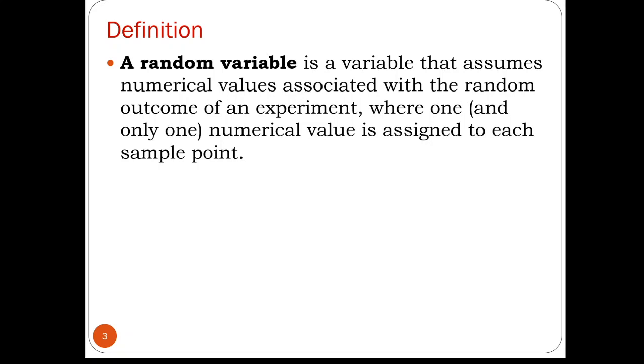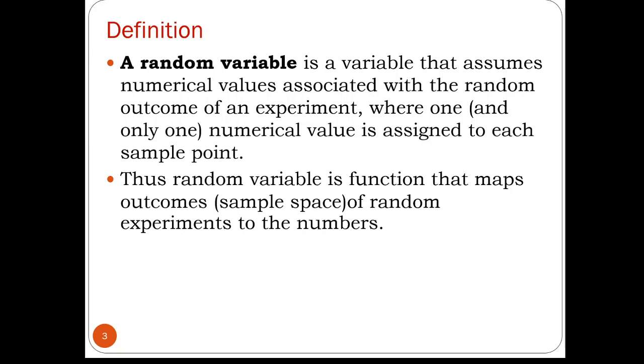In algebra class, you learn about different variables like x, y, and maybe even z. Thus, in basic maths, a variable is an alphabetical character that represents an unknown number. In probability, we also have variables, but we refer to them as random variables. A random variable is a variable that is subject to randomness, which means it can take on different values. Thus, a random variable is a function that maps outcomes of random experiments to numbers.